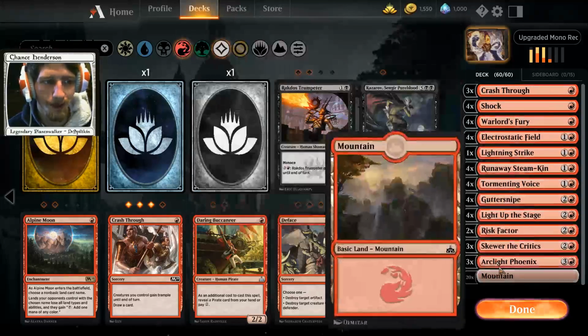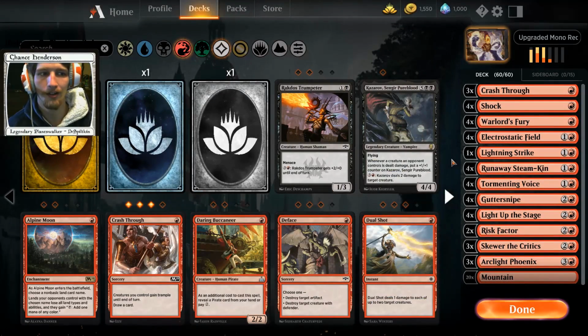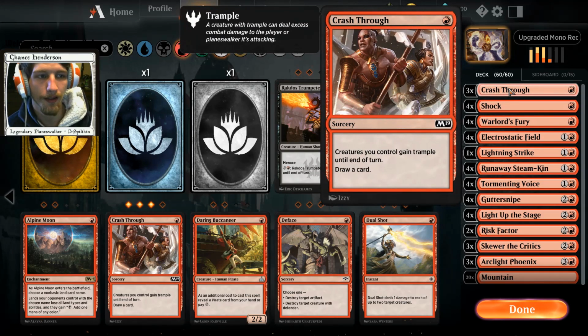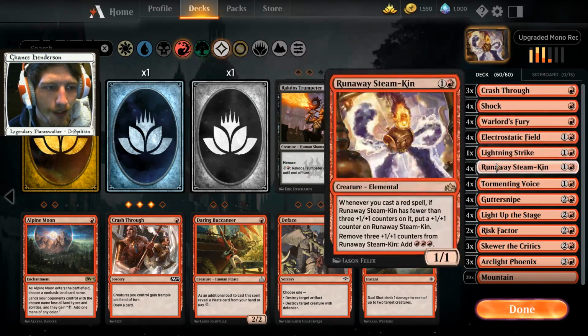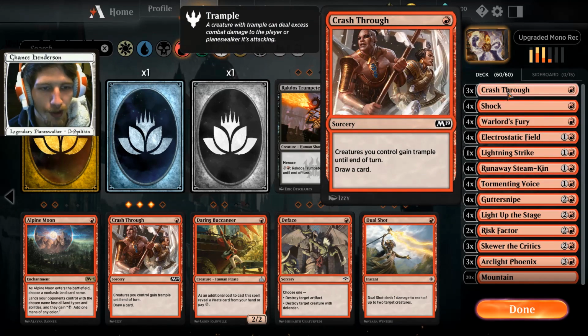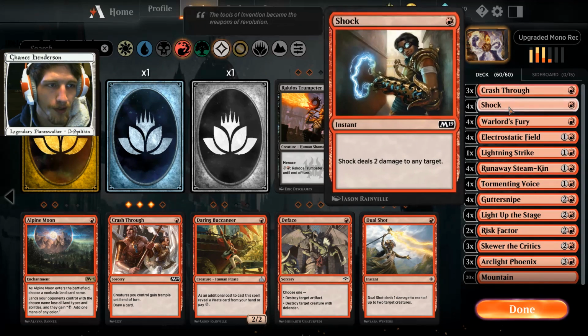No scrolling involved, so very short deck tech or deck breakdown. And the theory behind it is pretty obvious. We're just going to be playing a whole lot of spells trying to kill our opponent. So starting us off, we have 3 Crash Throughs. Now this is mainly used on our Runaway Steam-Kins. The trample effect, at least the draw card, is fantastic,